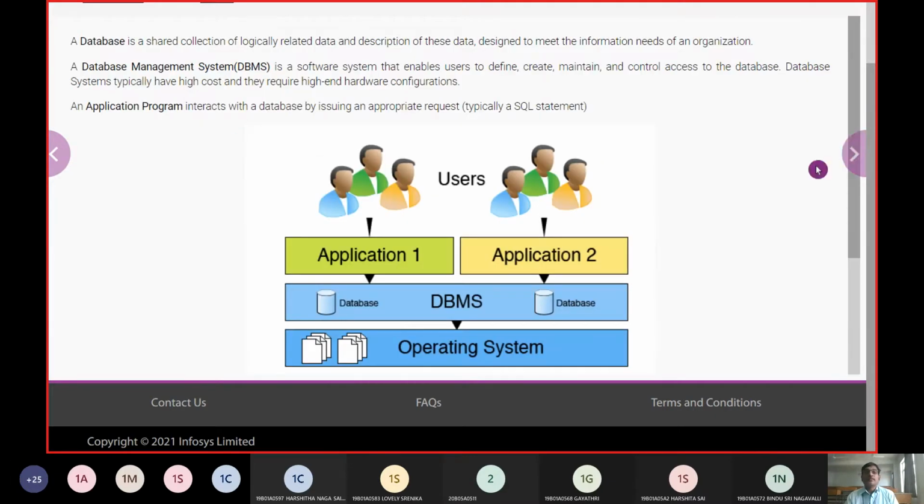So now here is the definition of a database. It is given as a shared collection of logically related data, and the description of these data are designed to meet the information need of an organization.